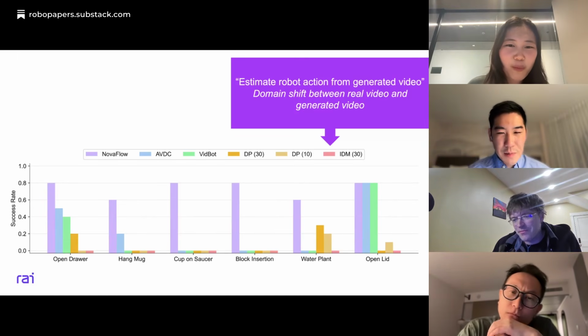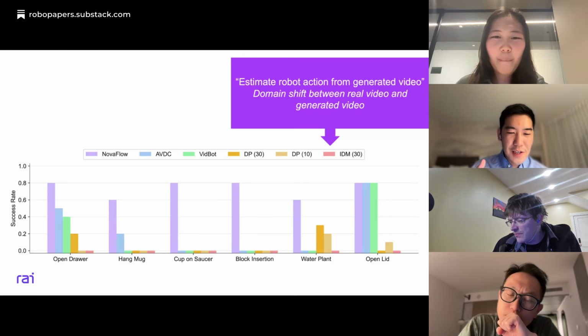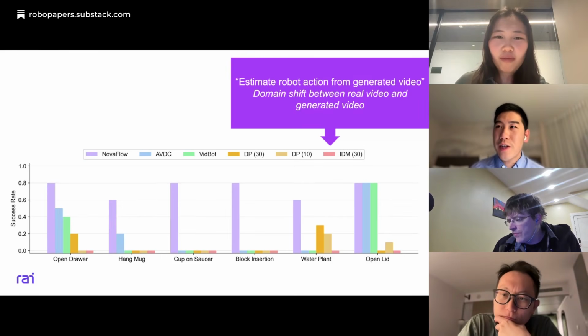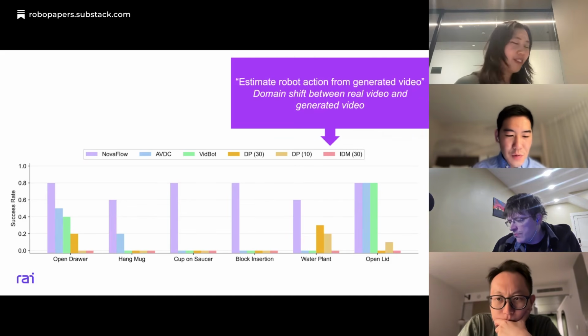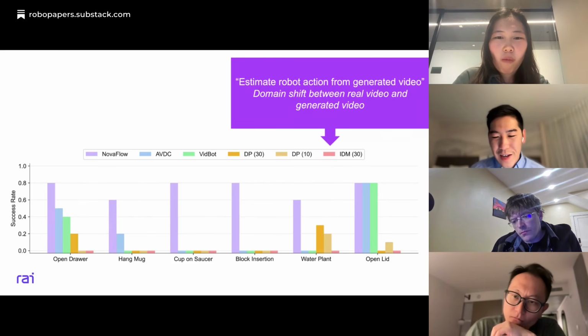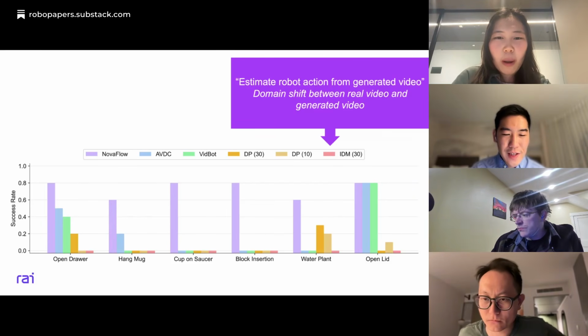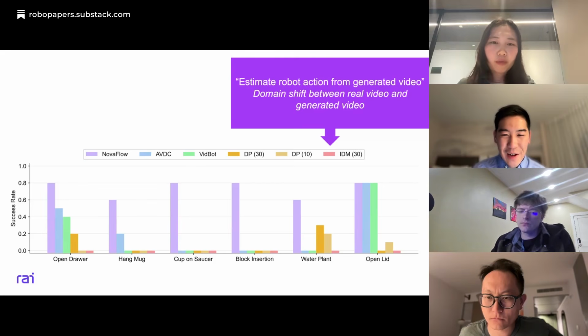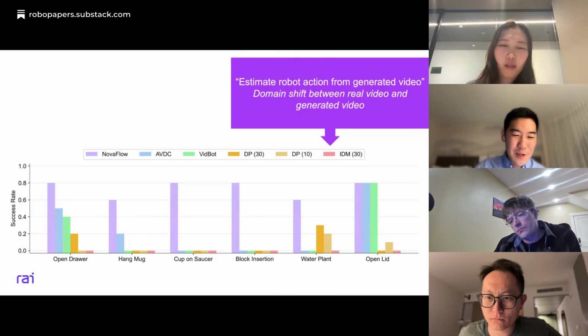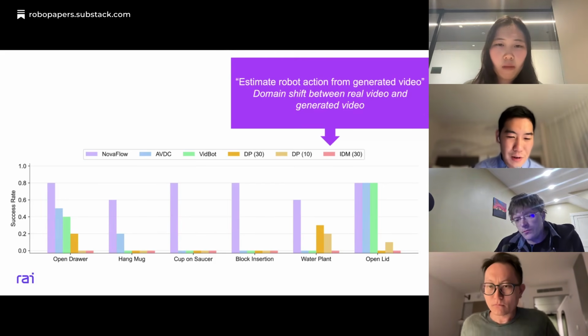Yeah, I want to add something for IDM, which is the inverse dynamics model. It was originally proposed in Elon's work called UniPy. UniPy, yes. The reason it worked pretty well in that work was they trained the video model as well as the inverse dynamics model using the same set of collected data, which is not the case here because we used a pre-trained model, like a one.